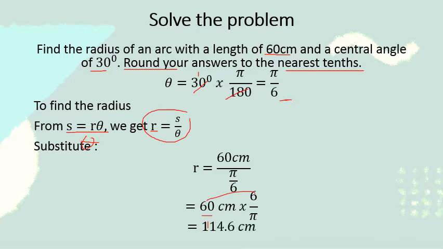Then 360 over pi, 360 divided by pi, which is 3.1416, we can have 114.6 centimeters as the radius of this given circle. Okay, that's it for this